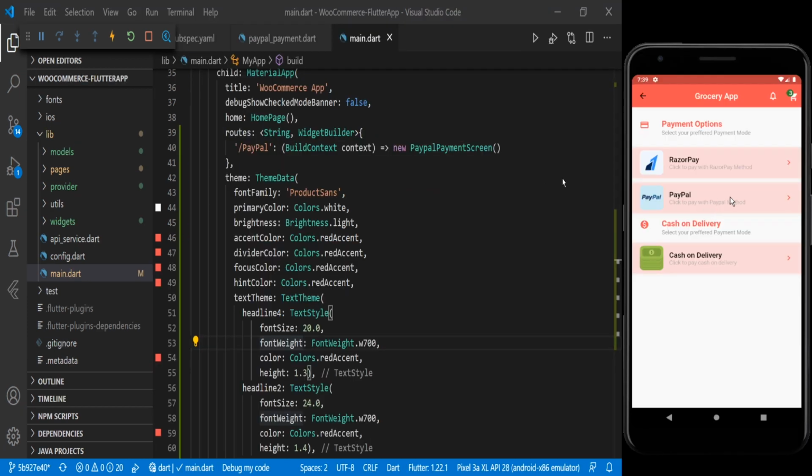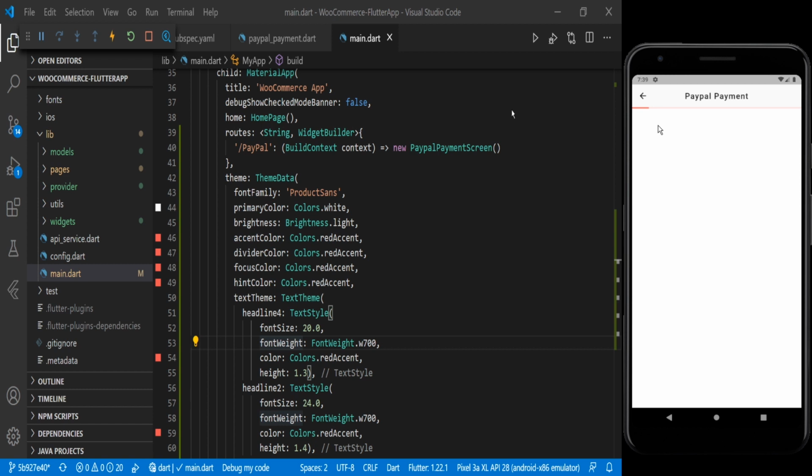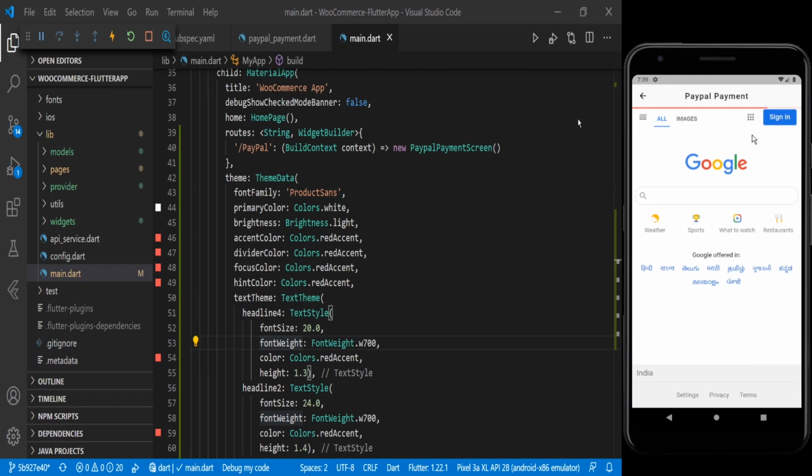Now if I click on the PayPal, here you can see the progress is coming and the site is getting loaded. Now the site has been loaded 80%, that's why that loader is not fully loaded. So once the site is fully loaded, that loader will be completed. So here you can see the loader is gone, and we are able to see that web view in our Flutter application. So now we will do the integration of PayPal, and before that we will create one service file for that PayPal. After that we will do the final integration in this web view.